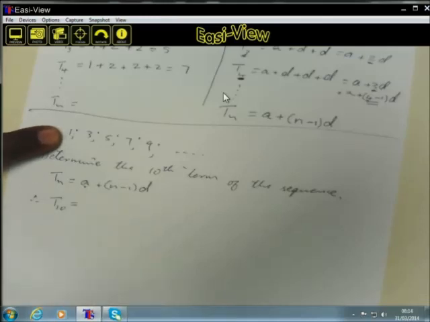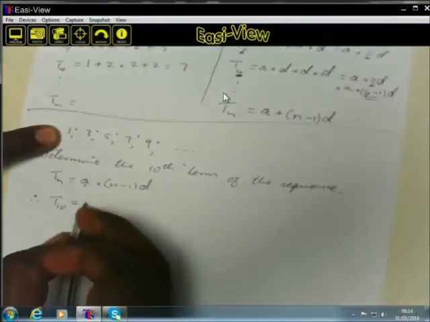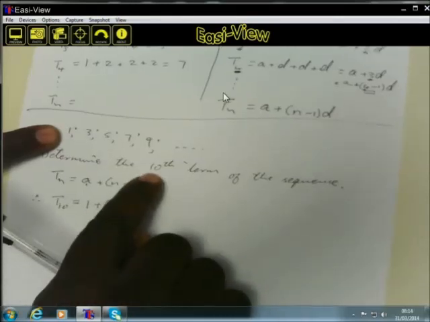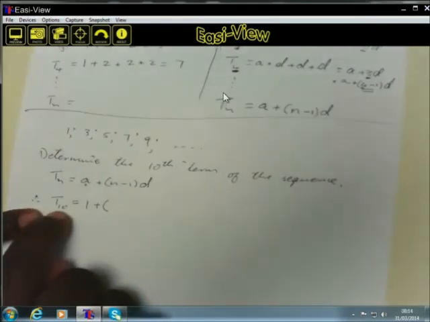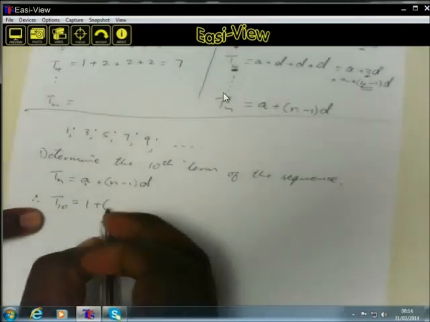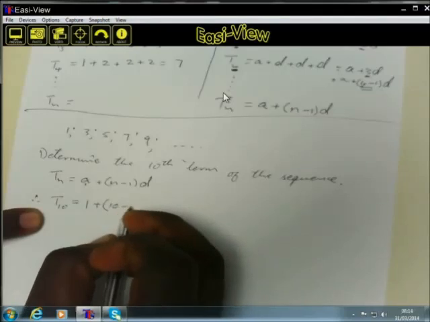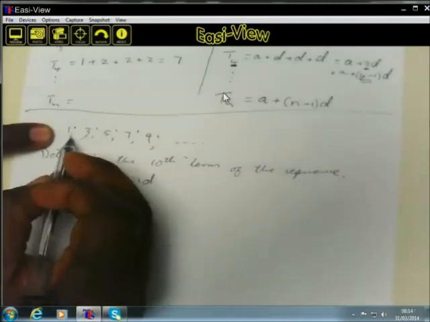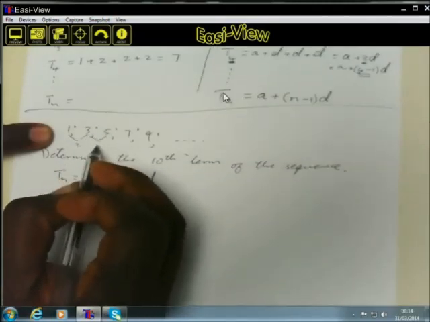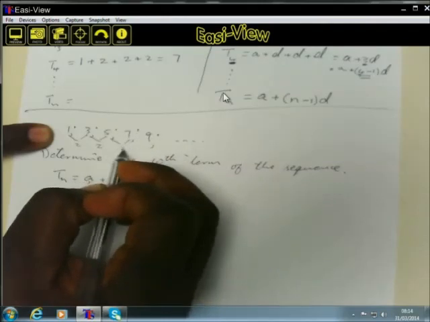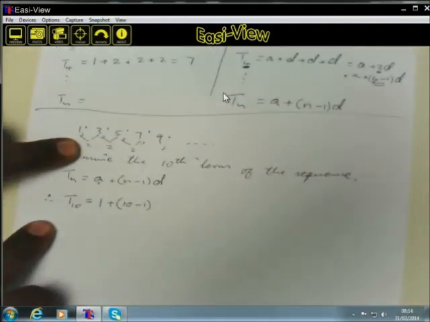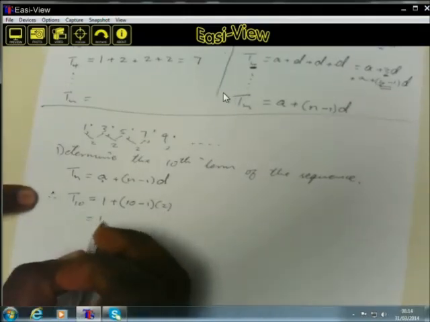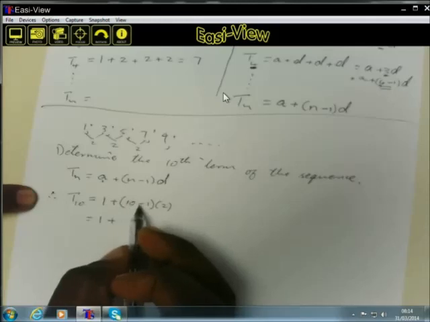So in other words, in the place of A, we will write 1, and then plus, because they talked about the 10th term, it means our n as represented here already will be 10. So we are going to have 10 minus 1. From there we look for a common difference. 3 minus 1 is 2, 5 minus 3 is 2, 7 minus 5 is 2, which means the common difference is 2. And we will write our 2 here inside the bracket, and we have 1 plus 10 minus 1